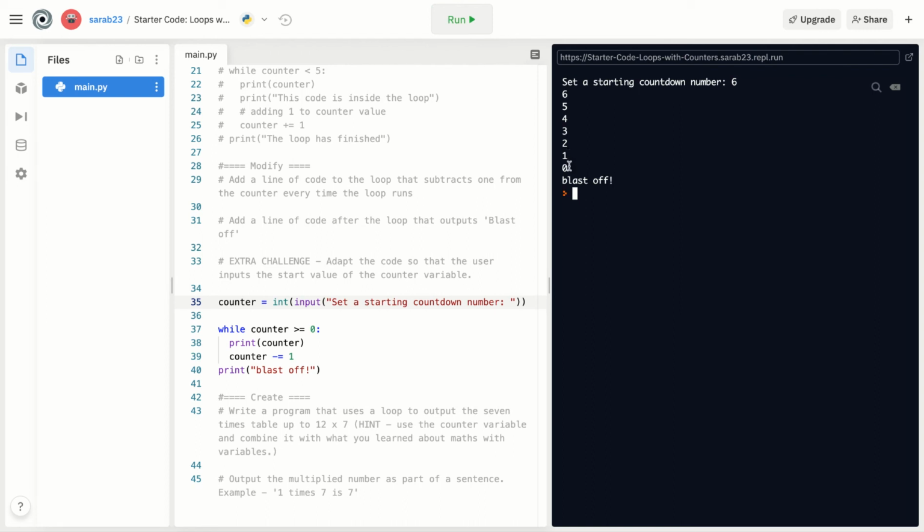6, 5, 4, 3, 2, 1, 0, blast off. So we do get that 0 there because we've added the equals. Again, if you don't want it and you just want after 1 to blast off, that's fine. Yeah, our modification works. So we'll go ahead and comment that out